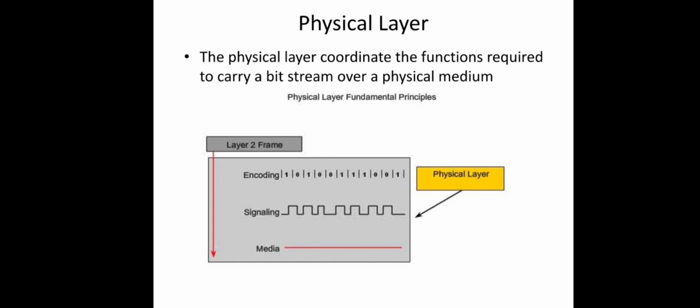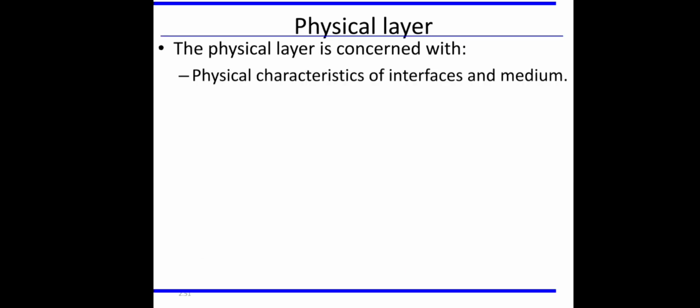Apart from this signal generation, a lot of other functions are also there, like what type of medium is used, since appropriate signals should be generated depending on that. The second one is how the bits should be represented. For example, if it is electrical voltage, how much voltage should be there to represent 0 and how much to represent 1. That should be considered. Then the data rate per second: how many bits can be transmitted depending on the speed of the media and the speed of the receiver.